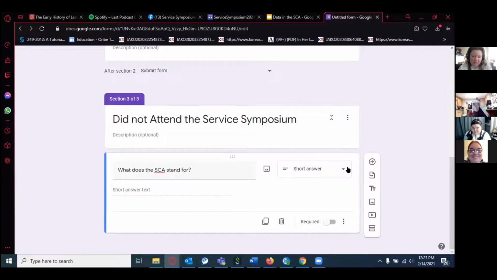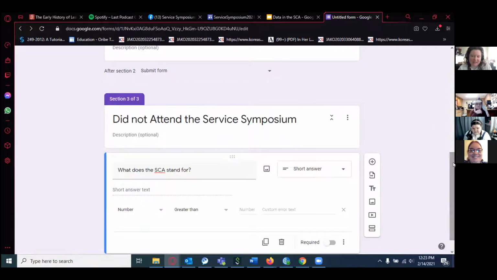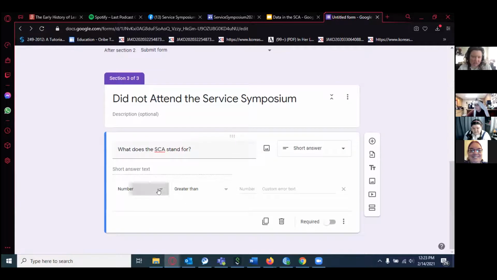Something that you can do is response validation. You get there the same way. You click on these boxes, and under description is response validation. There's many different things that you can do. You can have a number, you can do text, or a regex expression. And if you're familiar with regular expressions, that definitely opens up your response validation. But for this one, we're just going to do text, and it has to contain